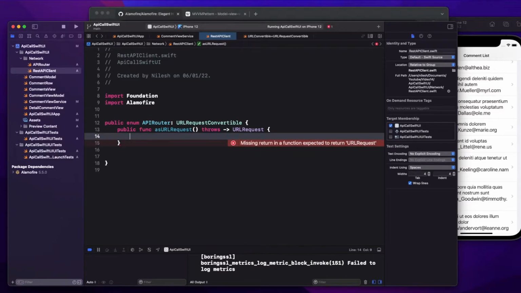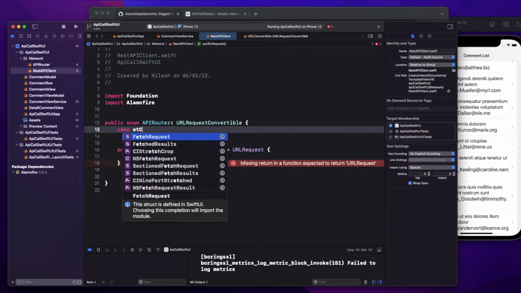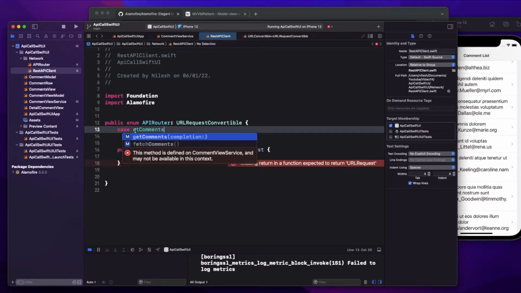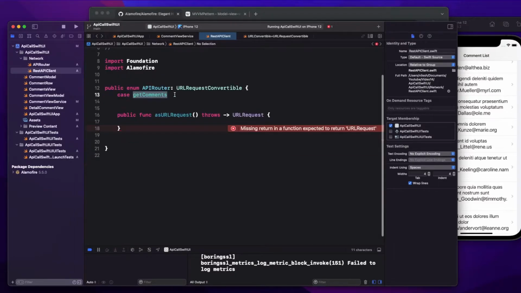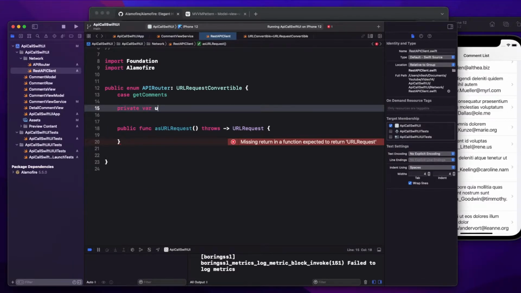Now, in the actual scenario, there are a lot of URLs, so it's not like I'm going to hard code it. For this particular example, just for the comments, I'm going to make it more generic. So let's define a few more parameters, like what my URLs will be. In my case, getComments, because I'm fetching comments. We'll also define a URL path for this, like where the URL path will come from.